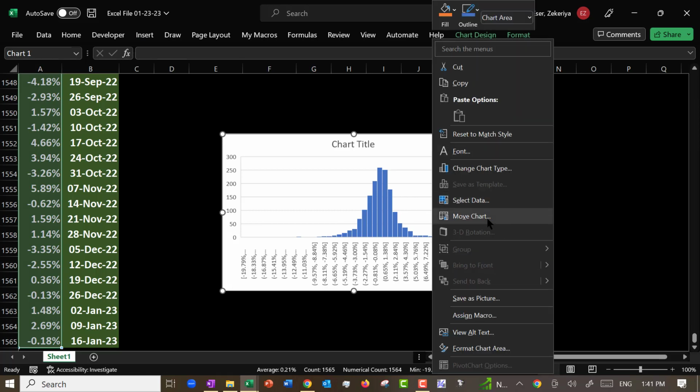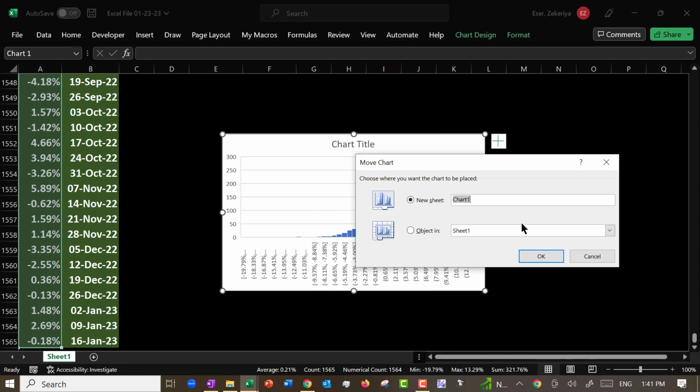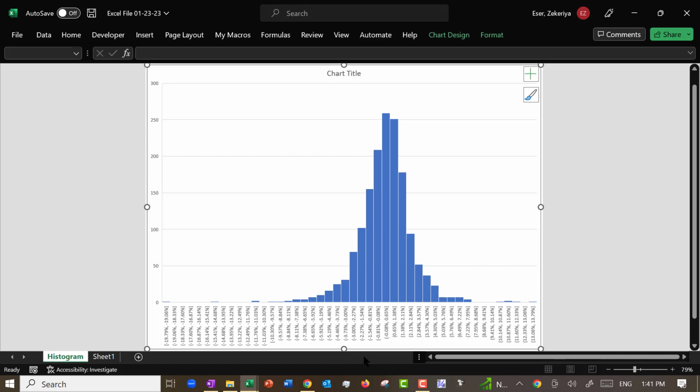Let's move this to a new sheet. Excel's histogram algorithm is not that good, but let's see. If you roughly look at this chart,